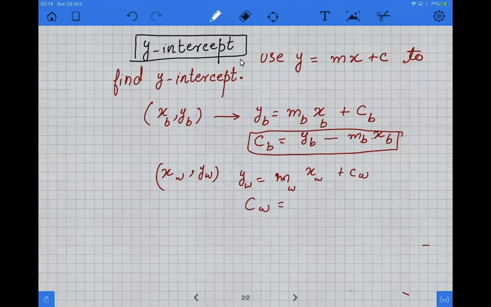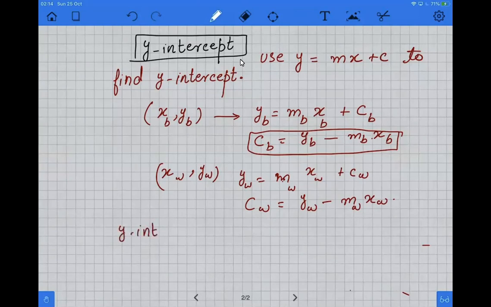C worst would be y worst minus m worst x worst. Once you calculated the y-intercept of the best line and the worst line, the answer of y-intercept would be